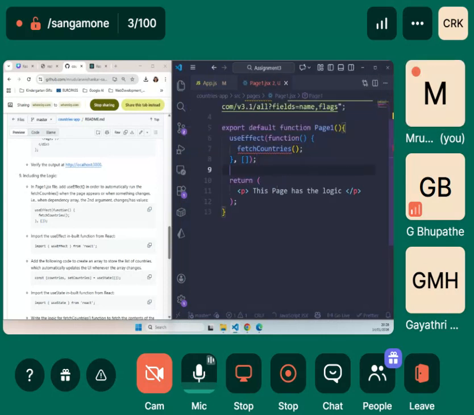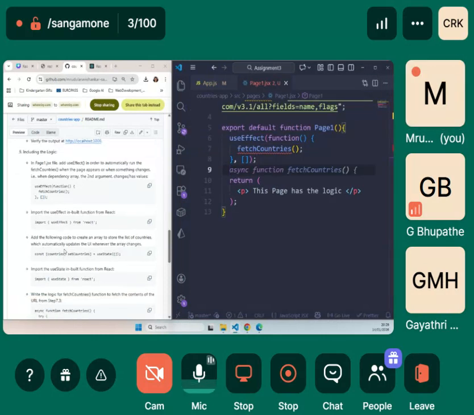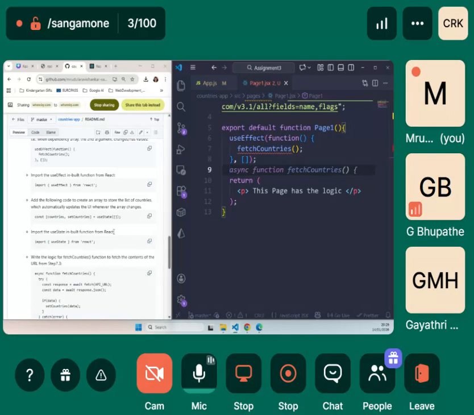But first we will do something else. As soon as you fetch something, you need to store it.